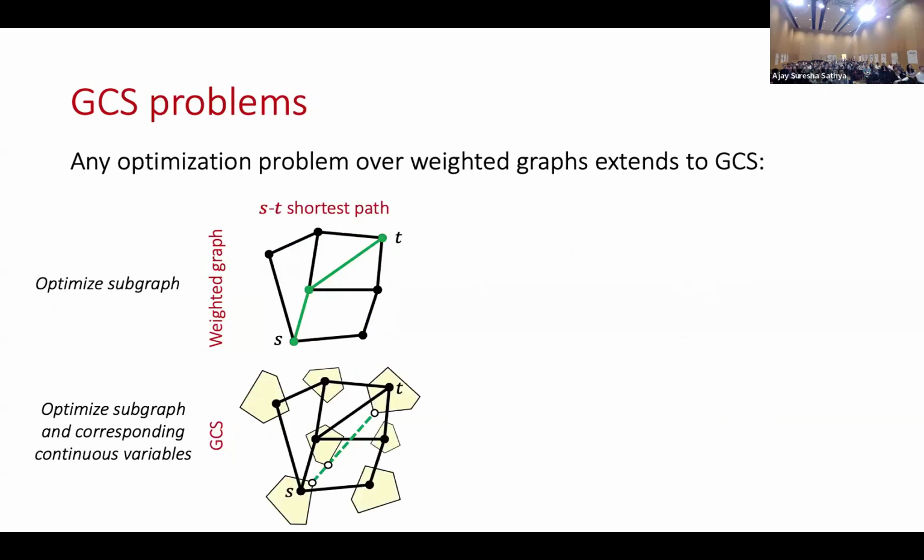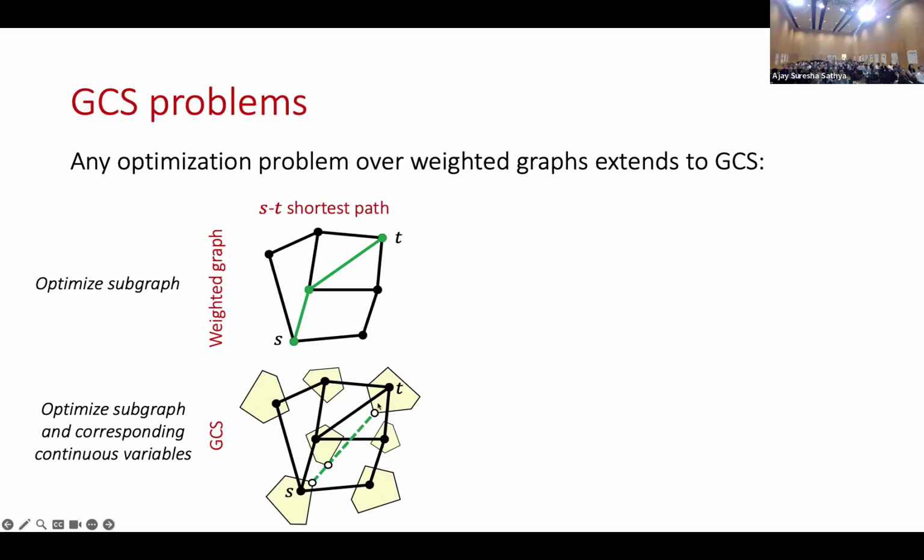What kind of optimization problems can we formulate over a GCS? And the response is that any optimization problem that can be formulated over an ordinary weighted graph can be formulated over a graph of convex sets. For example, take the shortest path problem. In the discrete version, we have a source vertex and a target vertex, and we look for a path of minimum cumulative weight that brings it from the source to the target. This is a purely discrete combinatorial problem where we want to find the best path among a finite set of paths. In the GCS version, we have a discrete continuous problem where we are still looking for a discrete path